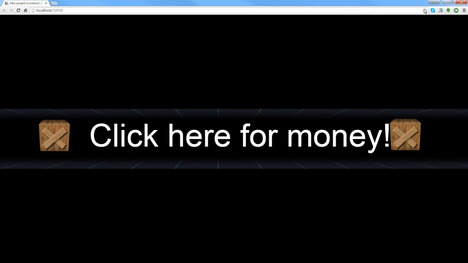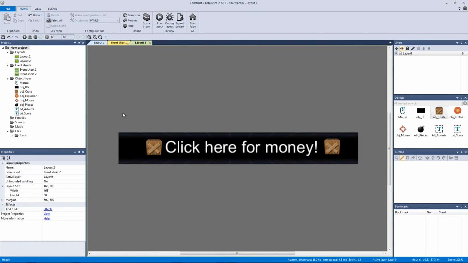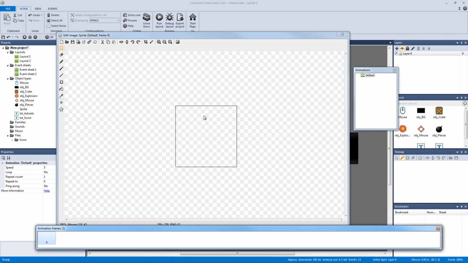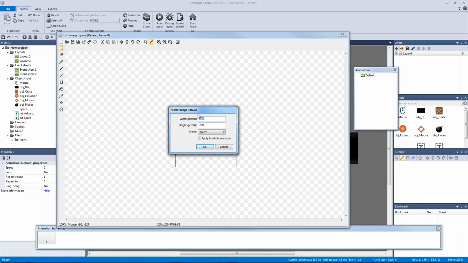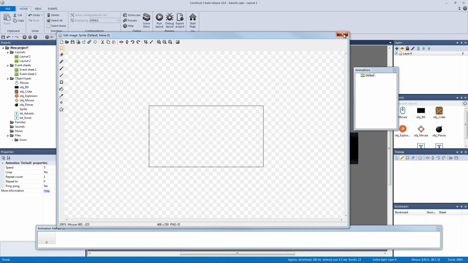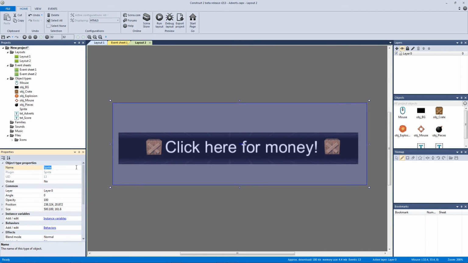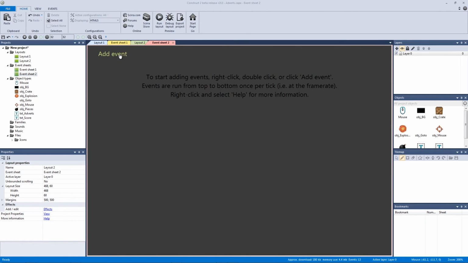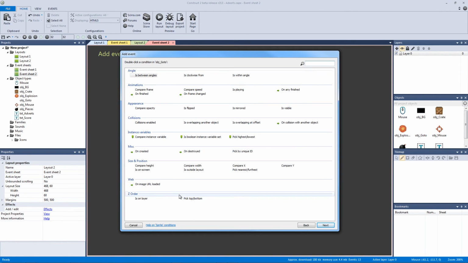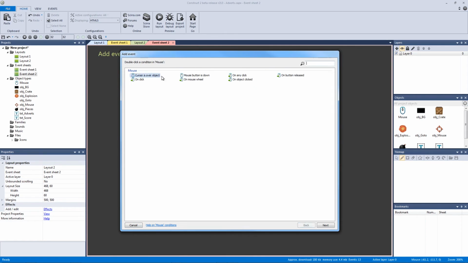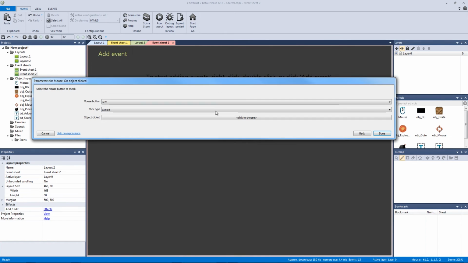So let's go back and let's make a new sprite. And let's make the width 468 and hit OK. And this can be blank, it doesn't really matter, but this is going to cover our entire screen. And all this sprite is going to do is we're going to call this one object goto. And on this new event sheet, if the mouse clicks the object goto, then